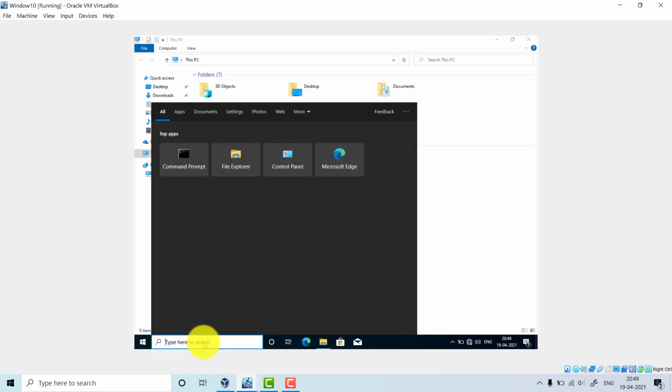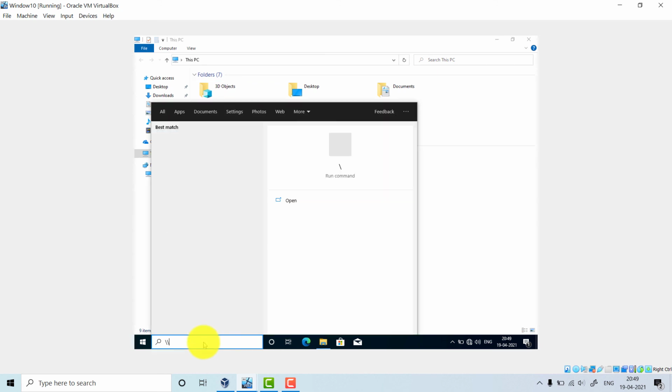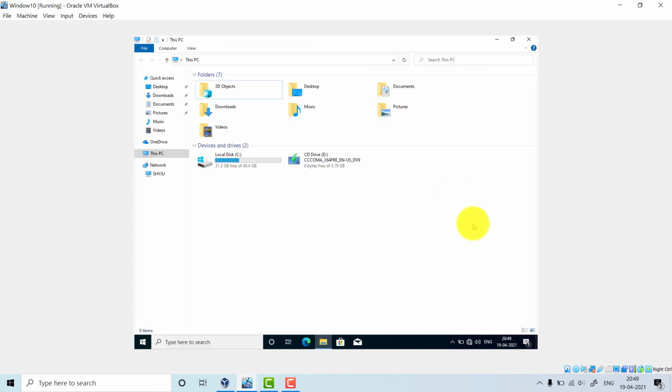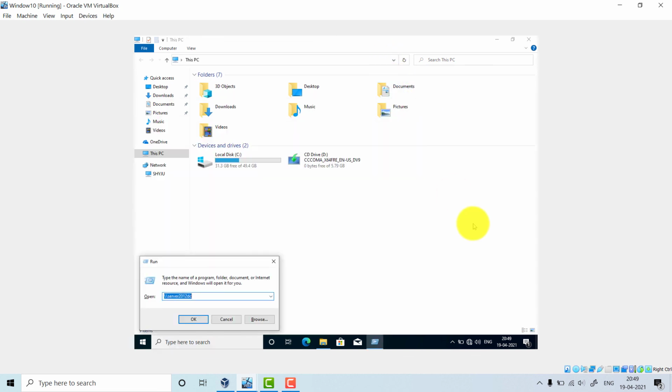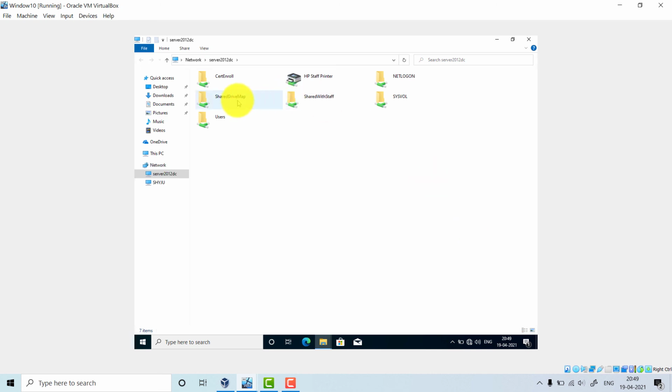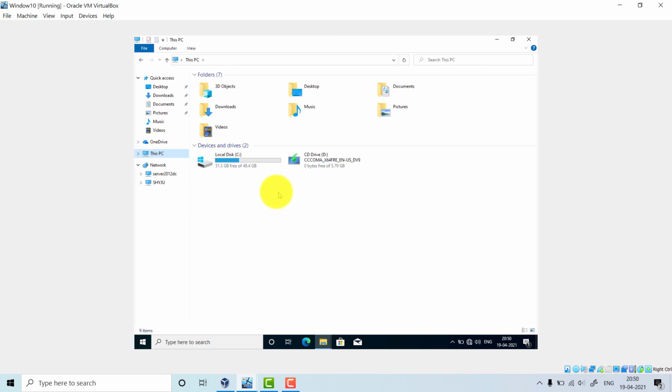You can get the shared folder as we were doing before. Go to Run, give the server name. See, we have the shared drive here. You can access it from here, but we will not have a map drive. We have disconnected it. So this is how we create a map drive in Server 2012 and also disconnect it when we do not need it.